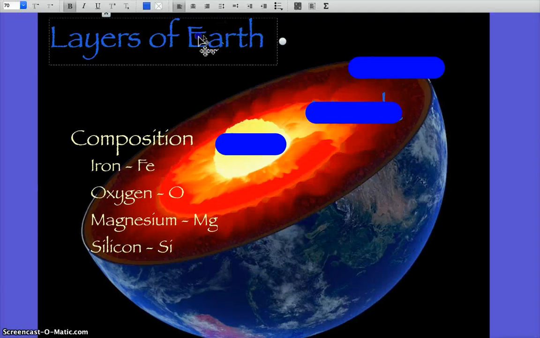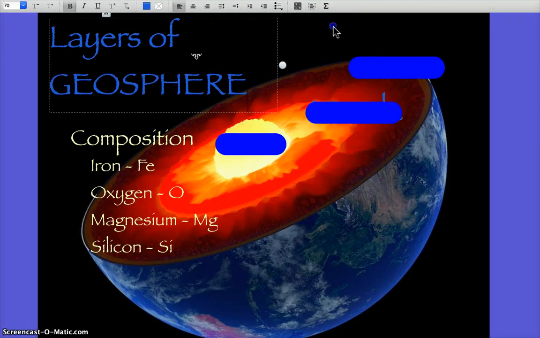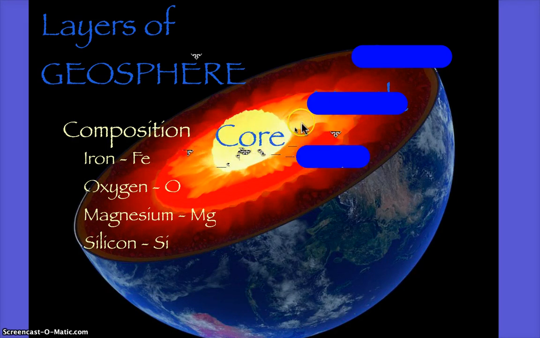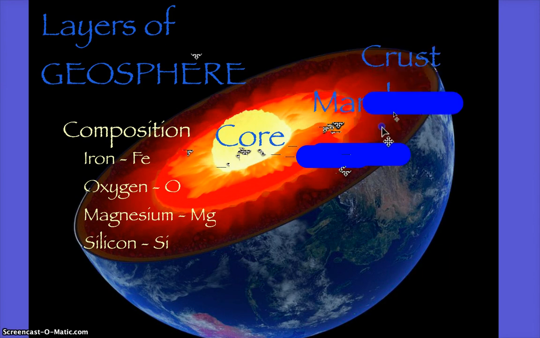This slide should say layers of the geosphere, because that's what it should say. Okay? What are they? Starting with the innermost center part of the geosphere, the core. And as we go away from the core, we head into the mantle and then the crust. Good. For composition, I'm going to give you the composition primarily of the core, primarily of the mantle, primarily of